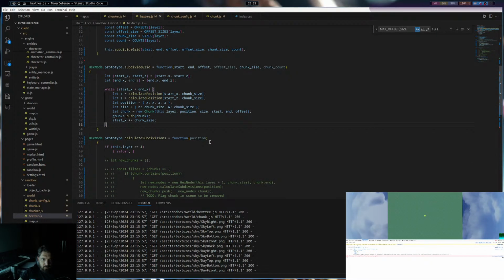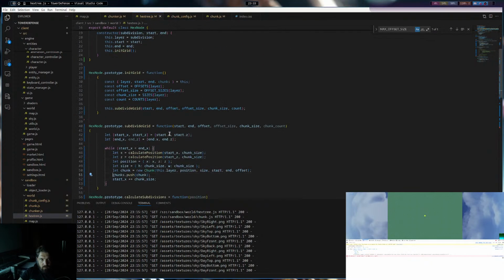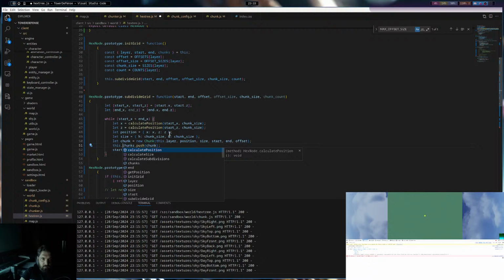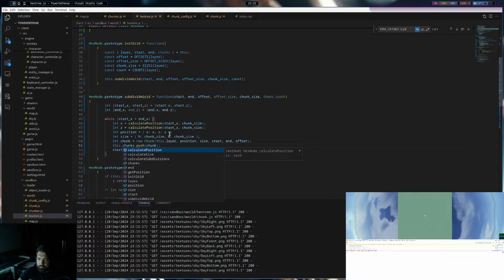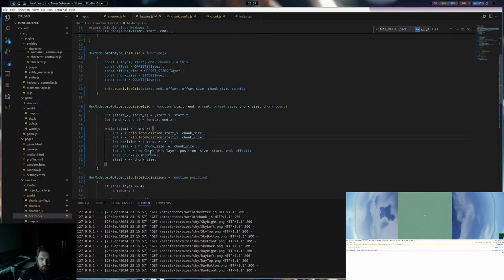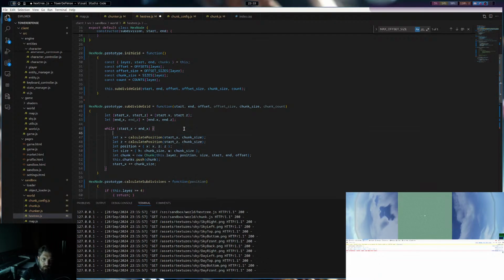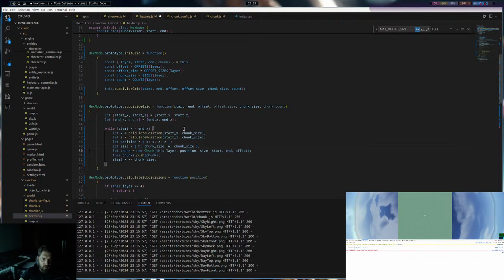Let's see if we subdivide the grid. What happens if we say this chunks? Nothing? It doesn't create any chunks.